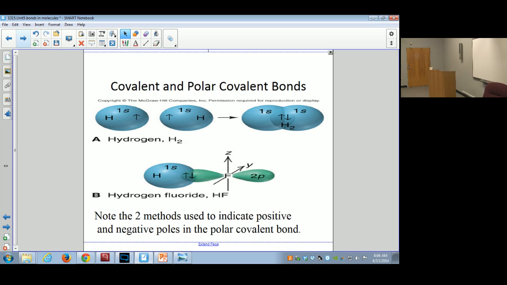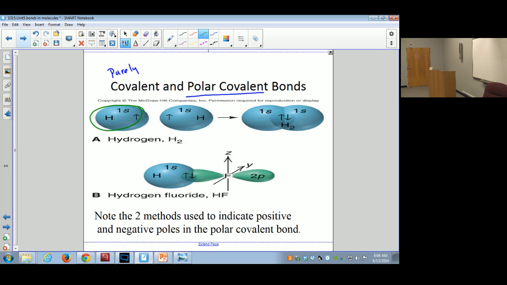Now there's two types of covalent bonding. There's something called covalent, or sometimes it's called purely covalent, and there's polar covalent. Now polar covalent indicates that there's a little bit of difference in the charge. So this is a